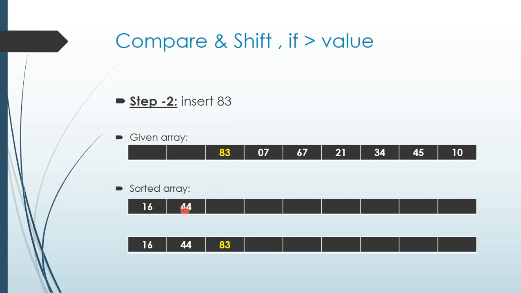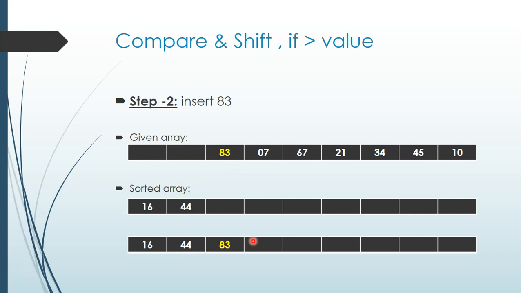So in the sorted array, what was already given is 16 and 44. Now I have to insert 83 in the sorted list. So I have to compare 83 along with these two numbers. Since these two numbers are less than 83, it is placed as it is, no change in that. So 83 I have to place at last. So இது ரெண்டையும் நான் எந்த சேஞ்சும் பண்ணாம 83 லாஸ்டா நான் place பண்ணிருக்கேன், கரெக்ட் பொசிஷன்ல நான் place பண்ணிருக்கேன்.